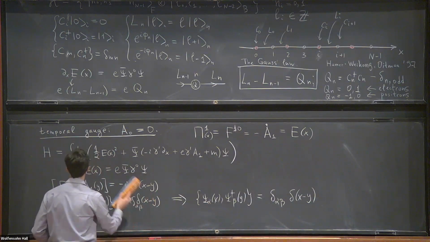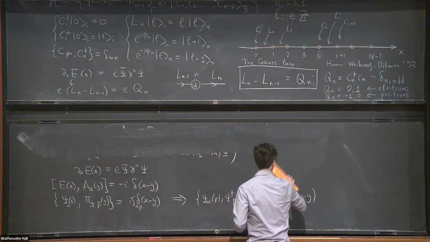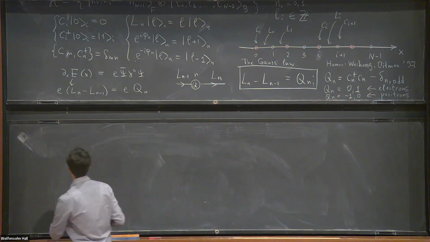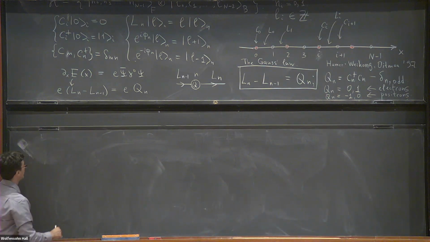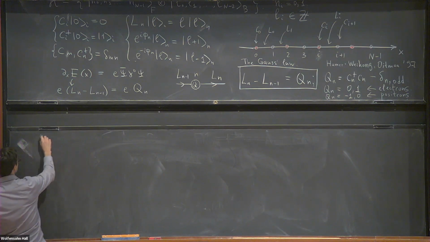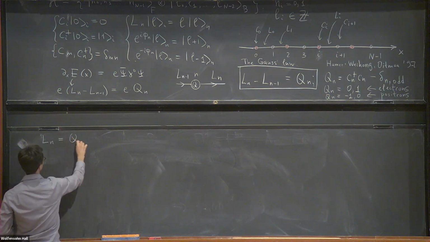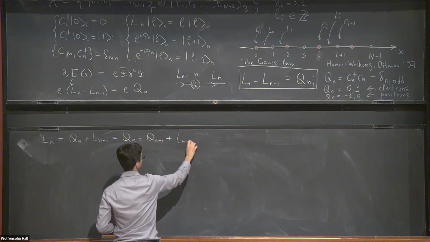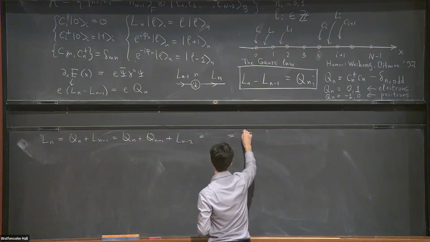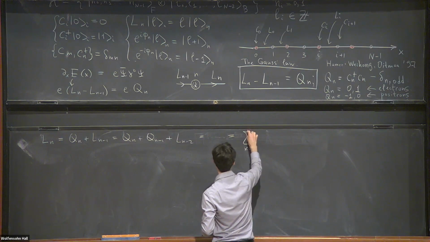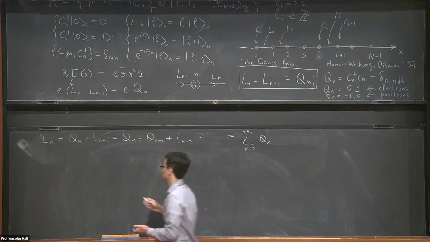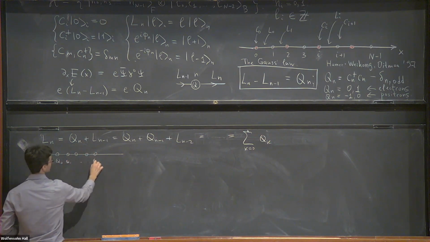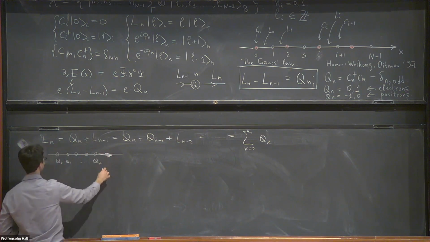All right, so in one plus one dimension, this Gauss law completely constrains the bosonic degrees of freedom. Let me explain why. I can try to resolve this equation. I can write Ln equals Qn plus Ln minus 1, so it equals Qn plus Qn minus 1 plus Ln minus 2, and then essentially the sum over k from 0 to n of Qk. So if I have my sides here with charges q0, q1, qk, my outgoing electric field here,